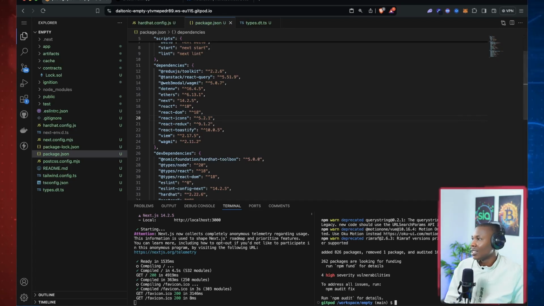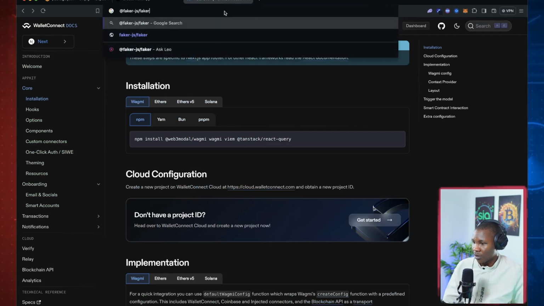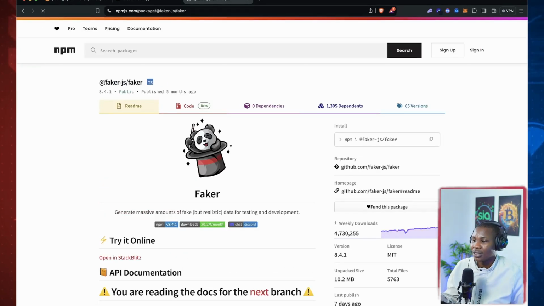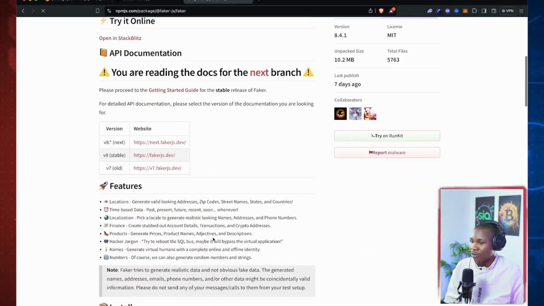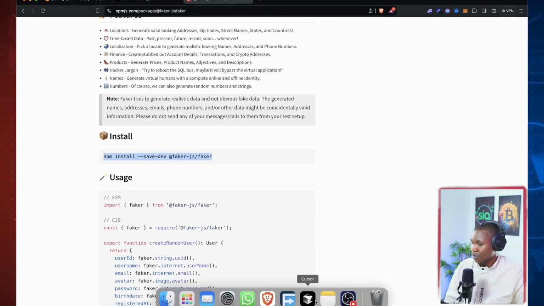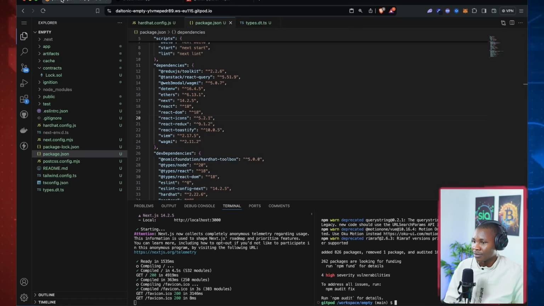We need Faker.js. I'm going to show you that this Faker is a little bit different from the one that was pulled out. I don't know if you read that news, that was a popular library until it got pulled down. I'm talking about a specific faker, this one called @faker-js/faker. This is the one, and you can see that it's often updated, which is cool. All right, so you want to install this for development purposes as well. So you come here